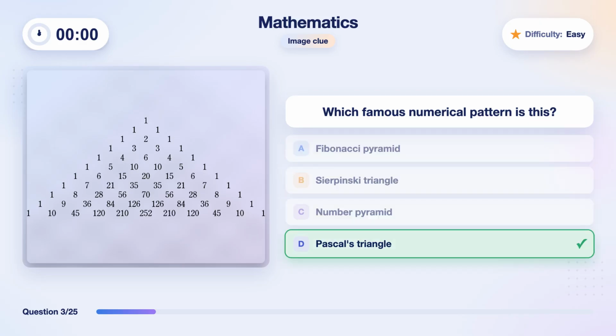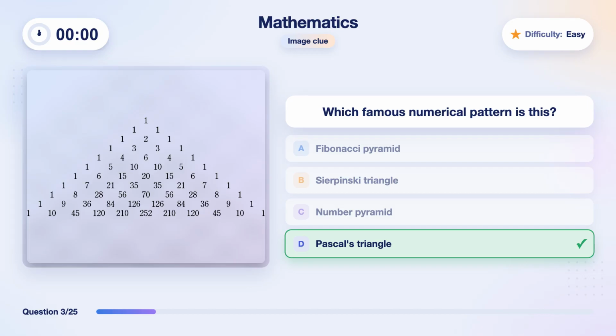That's Pascal's triangle. The image shows the triangular array of binomial coefficients. Row n contains C(n,0), C(n,1), ..., C(n,n). Each entry equals the sum of the 2 entries directly above it. The pattern is named Pascal's triangle in the West after Blaise Pascal, though it was studied earlier by Yang Hui,